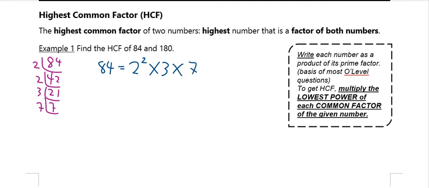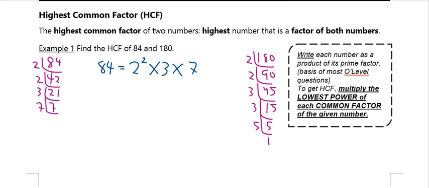Okay. And next one will be 180. So 180 will be divided by 2, 90. And then 90 divided by 2 will be 45. And 45 can be divided by 3, which is 15. 15 divided by 3 is 5. And lastly, you have 5. So here, 180 will be 2 times 2 is 2 square, times 3 times 3 is 3 square,